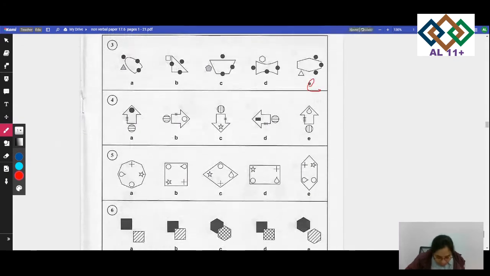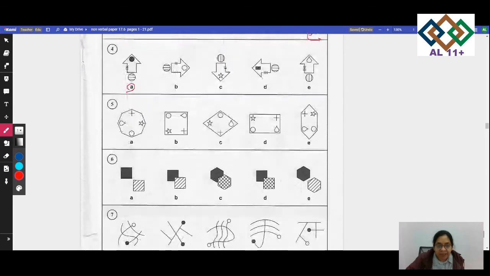Number 4 now. In all the other shapes, the arrow points in the same direction at the hatching of the circle. If you look at the circle, the shapes are on the same side except one of them, and that's A. If you look at this one, the same, this one, and this one, all of them are like that. Number 5 now. In all the figures, the small shapes are in the same order, except in one of them. You have a cross, star, circle, and this raindrop. Cross, this and this.